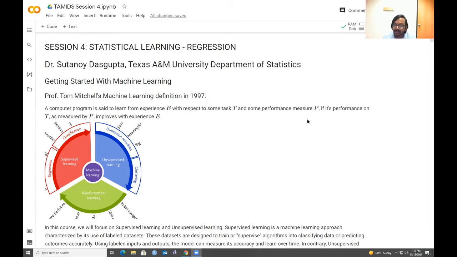As the child encounters different breeds of dogs, different shapes and sizes of dogs, it can identify a dog and a cat without having to learn every detail of the anatomy. This is called learning from experience, which is very natural to human beings. But the question is, can we ask a machine to do something similar?